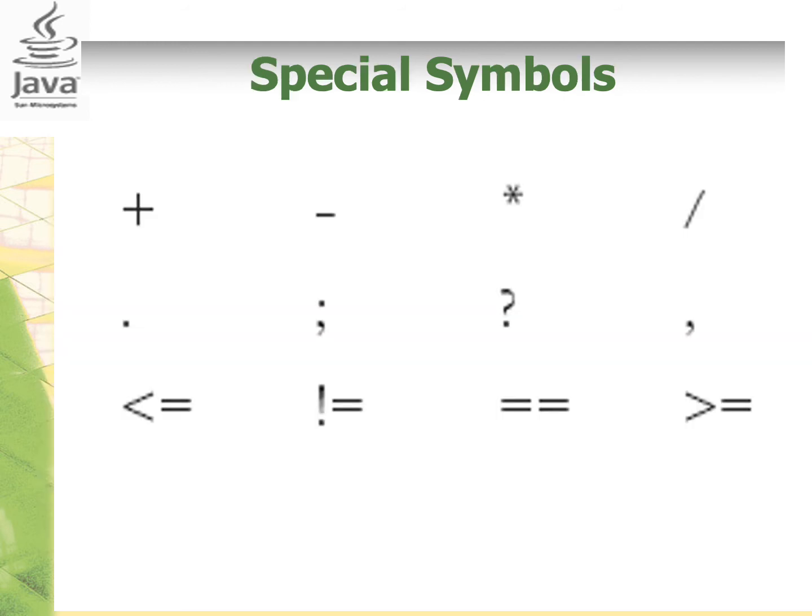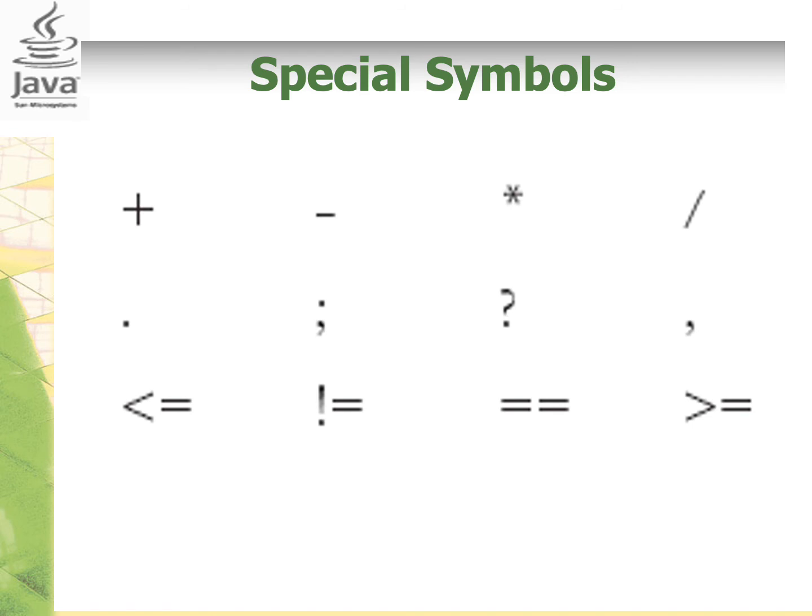In Java, there are special symbols which we are going to use and learn in later topics. We have seen the arithmetic operators or symbols: plus, minus, multiplication, division, and also modulus. We have seen and used semicolon at every end of a line, for example, int number = 0;. And we have also seen comma, where we can use it when we declare several variables within one line, for example, int x, y, z;